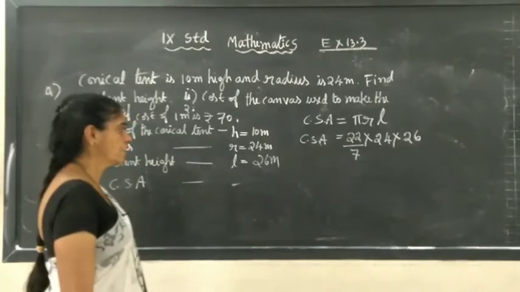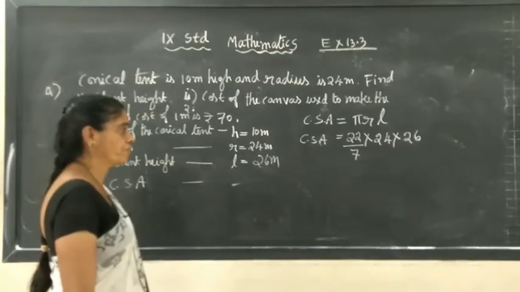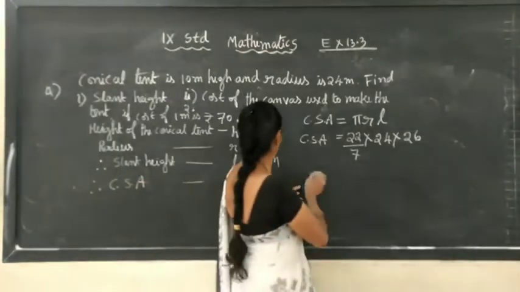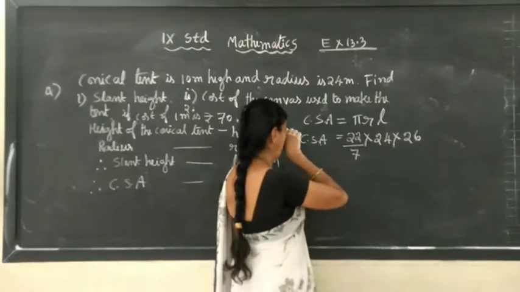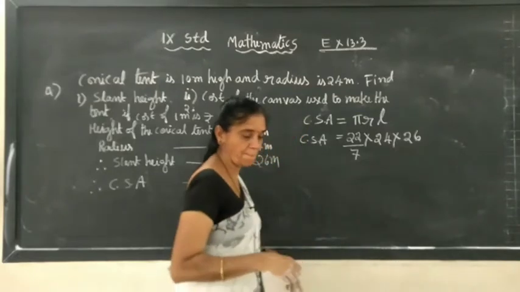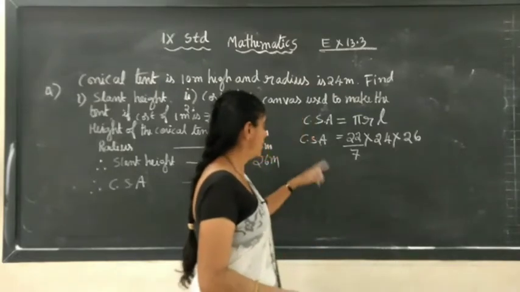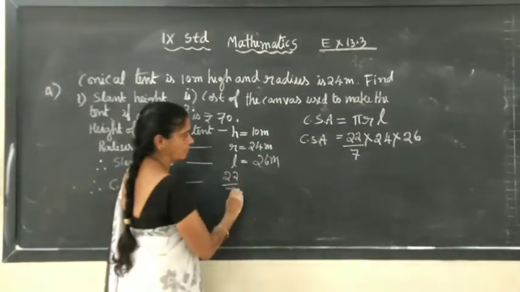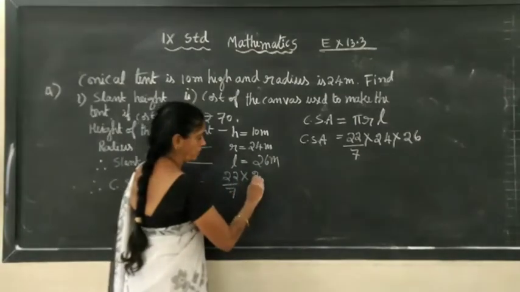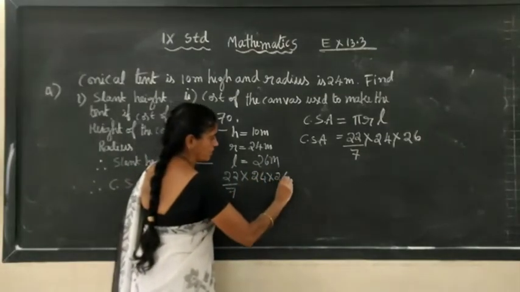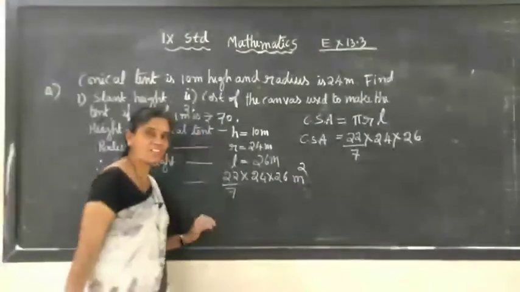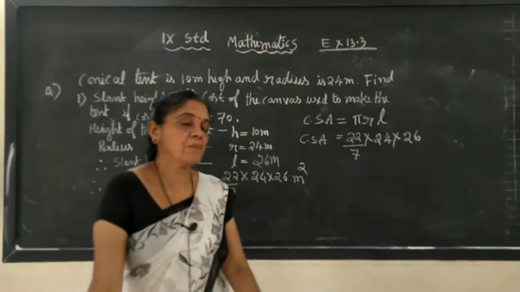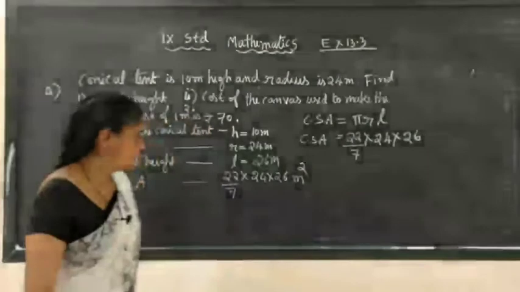It is the curved surface area. Now, this number only I will use. It is 22 by 7 into 24 into 26 meter square. I will retain this because in the last stage to find the values I will simplify this. Okay. Next one, cost of